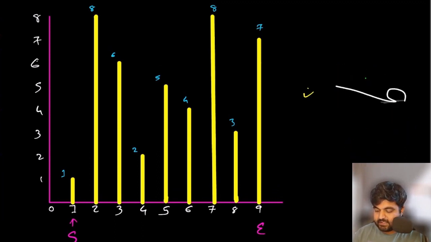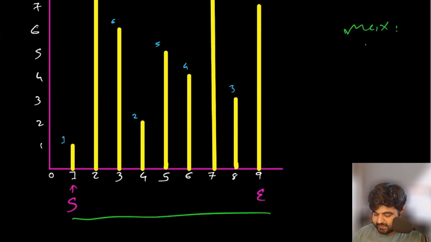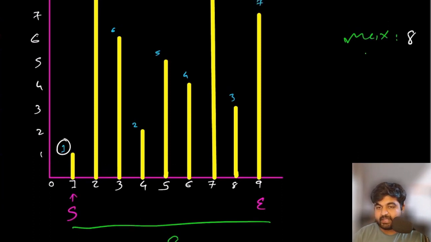So in this case, we are going to have a max variable that is going to keep track of the maximum amount of water we have calculated so far. Currently, the length is going to be 8. If we see the height difference, we are going to choose the minimum height, which is 1. So the area is going to be 8 times 1. So the maximum area we have found so far is 8.